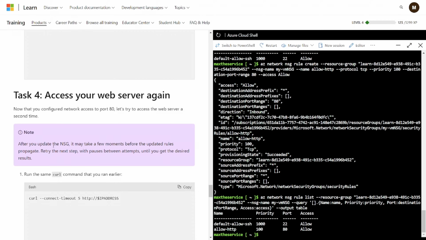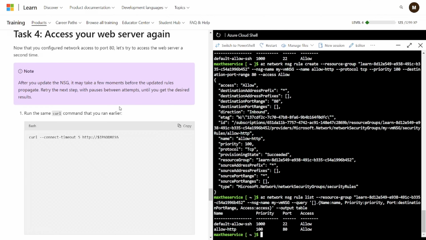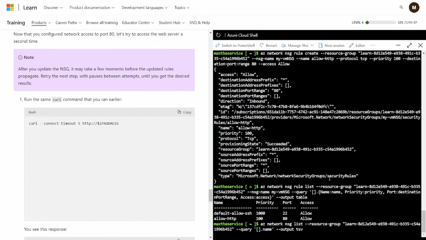Here is a note: after you update the network security group, it may take a few moments before the updated rules propagate. Retry the next step with a pause between attempts until you get the desired results. It's saying that in case you are not getting the desired results, you can wait a moment for the rules to update. Now I will again execute the curl command, which I have already executed. I can just go up, and here you can connect. Great, here you can see that we have connected to that virtual machine,